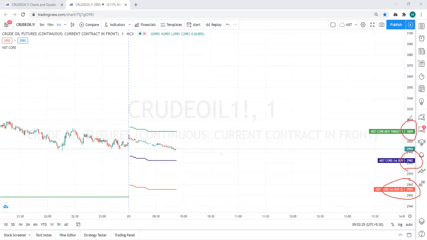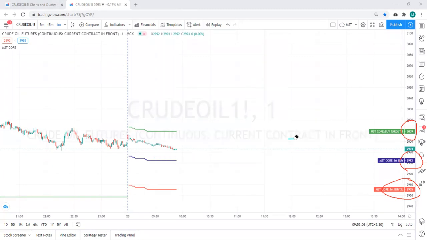It is almost like yesterday's second buy. Yesterday we had the second buy from 2981, the stop loss was 2955 and the target was 3008. So it got exactly done. Yesterday we achieved the second buy first target, and the second target almost done. The second target was 3030 and the high made was 3026. So we can consider it almost done. Otherwise, only the first target done. So this is our second buy, first buy and first sell over.